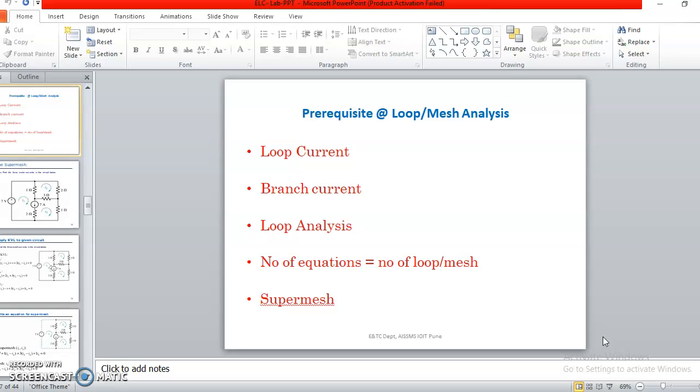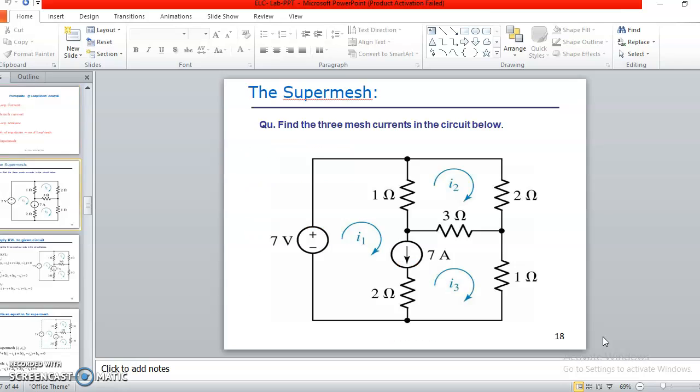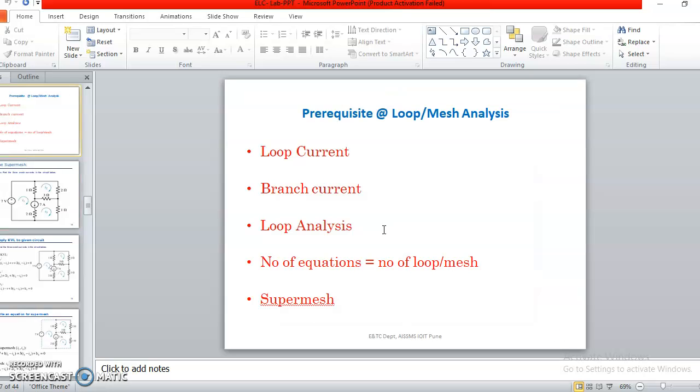Now, assume the loop currents such that each element of the network is included at least once in one of the loops. That means according to this diagram, you have to write the loop equations so that every element is covered in at least one loop. Then you write the equations for those loops and solve the simultaneous equations to find the current flowing through each element or branch.